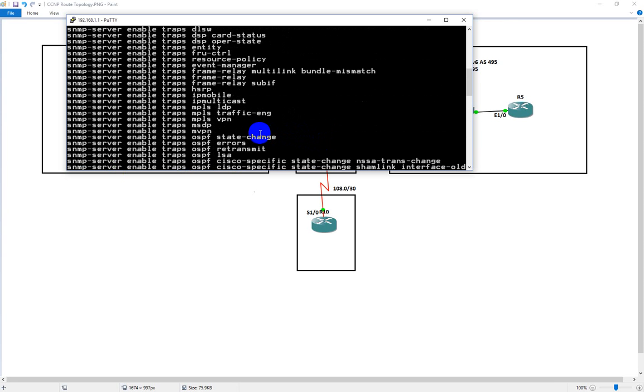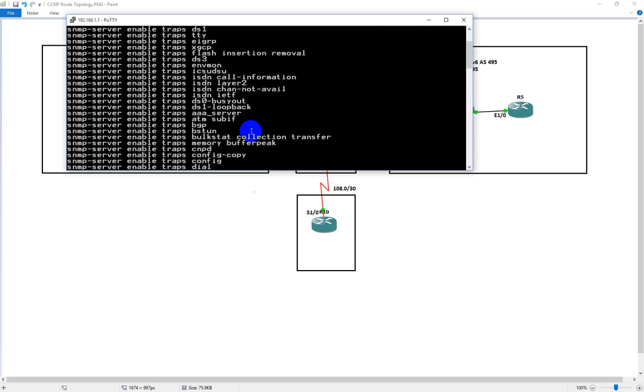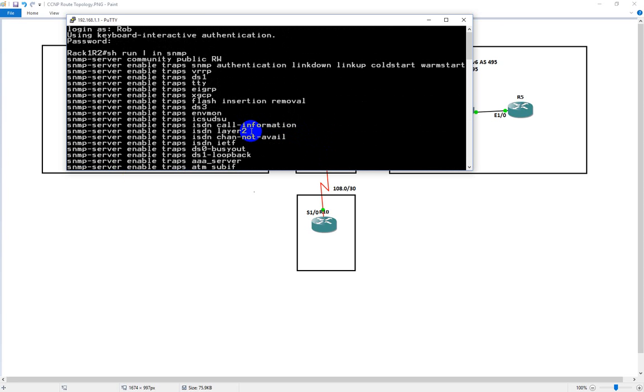You can turn a bunch of different stuff on as to what's going on in the network and how it's relating. And as you can see, I have SNMP enabled on the traps and stuff like that. So am I utilizing any of this? No. Is there ways that I could? Absolutely. But I don't have any real reason to do so. But just be aware of what's out there. And this last little bit, I didn't put a whole lot of effort into showing you what was there, simply for the fact that it's really low-end stuff, and a few minutes on Google and Cisco's website would fill you in on any information